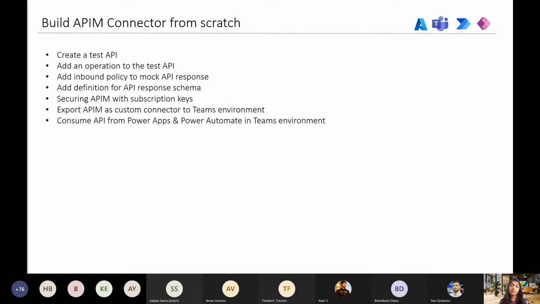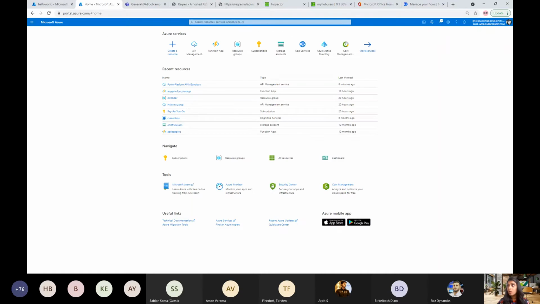But at the same time, your pro dev team who have the higher expertise or domain expertise to work with APIs, they can start building those APIs. And finally, when everything comes in, when the different pieces of the puzzle fall into place, you change that mapping and start pointing to the actual API. So this kind of helps you do the co-development model seamlessly. So we're going to take a look at that. So what I'm going to do is quickly hop over to my Azure instance over here,